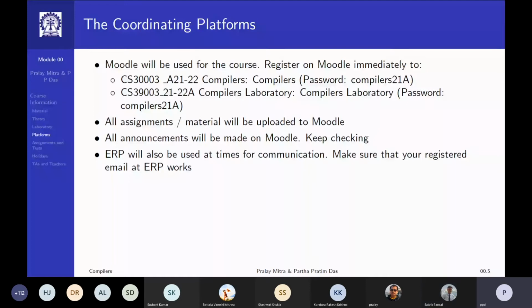So at times what we do is we just want to make sure that nobody is missing anything. So general communications we send out also through this ERP send mail. All that you have to do is make sure that the one or two emails that you have registered are valid emails and you check them. That's it. And can you move to the previous slide, like in the same?